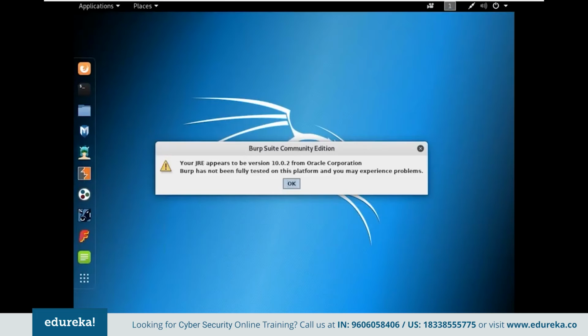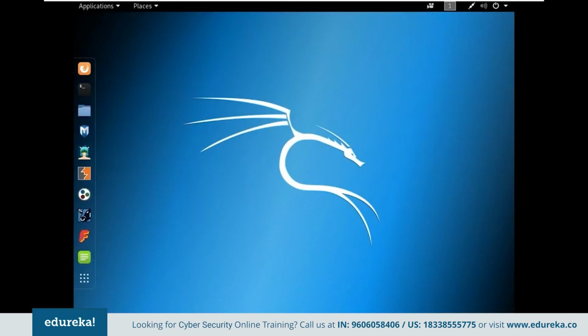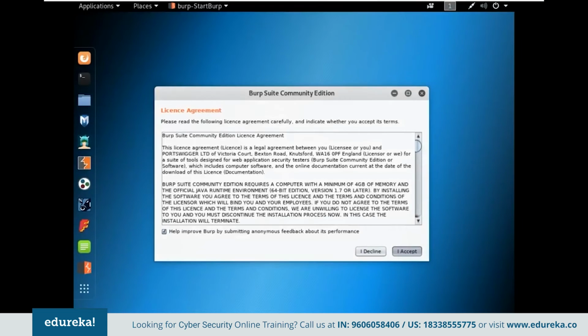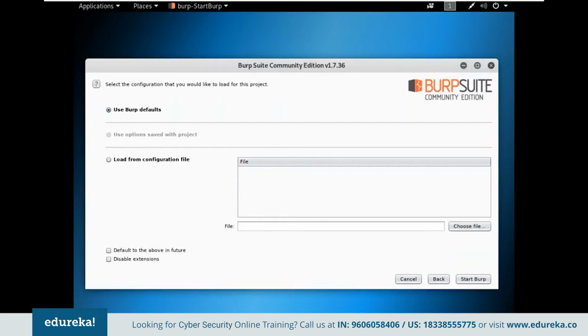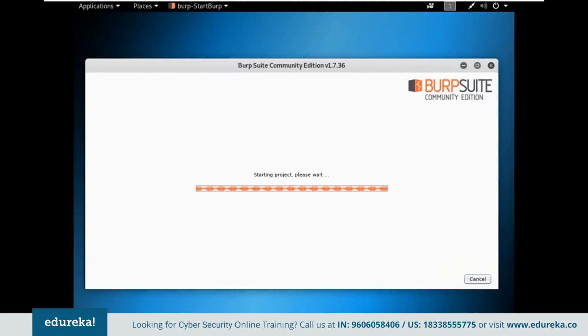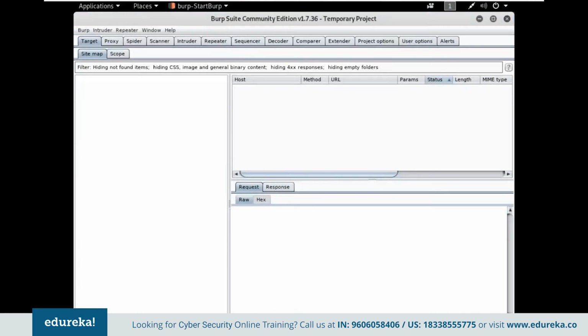So you can just click on Burp Suite here, which should open up. Let's explore different features over there as well. It says I accept. Let me just click on temporary project and next. I'm going to use default settings because I'm not going to show you how to use it. If you want to know how to use it, like I said, you can refer to the previous video called Application Security by Edureka. There you will know how to use SQL map as well as proxy.